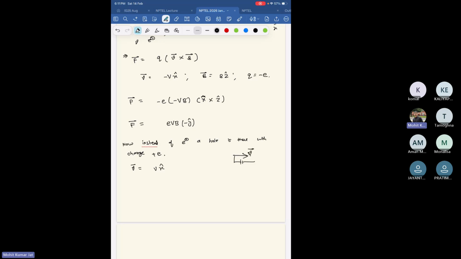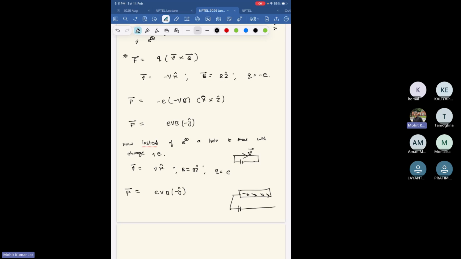So this is how the holes will move. So v will be Vx, B is Bz cap, and q is e. Again, the force turns out to be evB minus y cap, saying that irrespective of the charge, all the charges will move in one direction only,